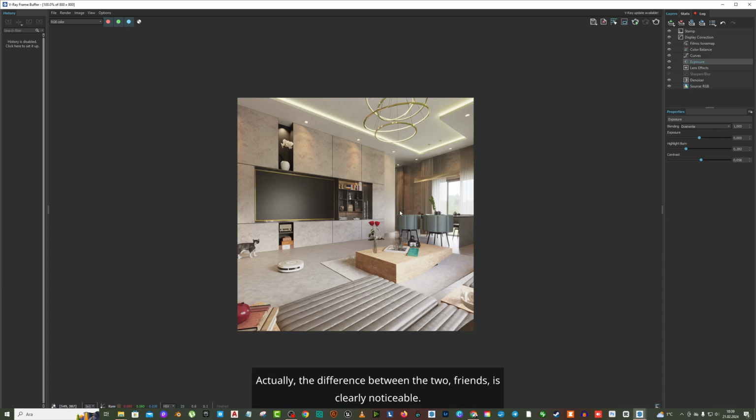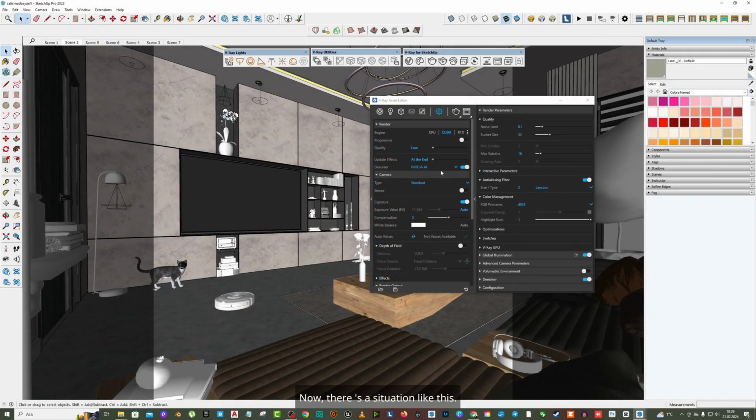Actually, the difference between the two, friends, is clearly noticeable. It might not be clearly visible on the screen right now, but there is a difference between progressive and bucket. Now, there's a situation like this. In the final render, friends, you brought this low and made it high. If you do high plus, the values here increase significantly. But if you make it high and set the noise limit value here to 0.05, friends, the noise limit is